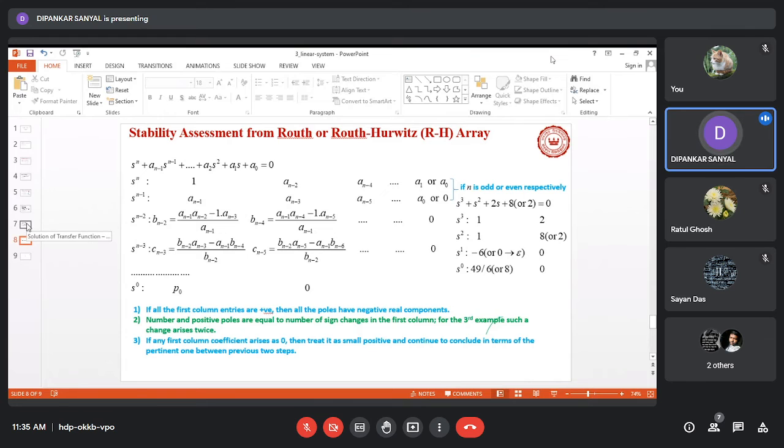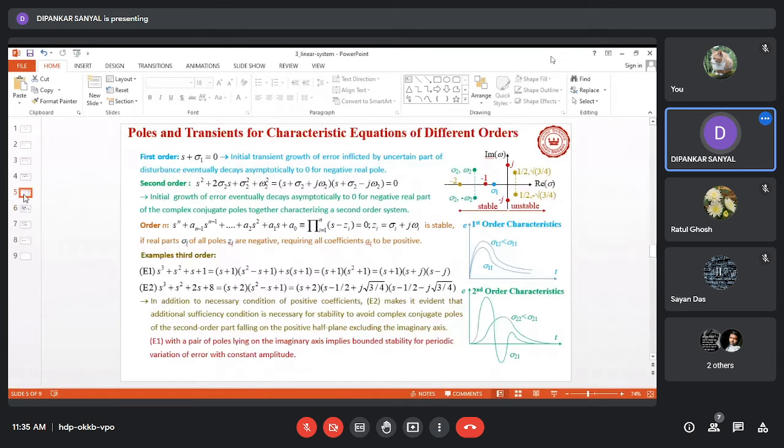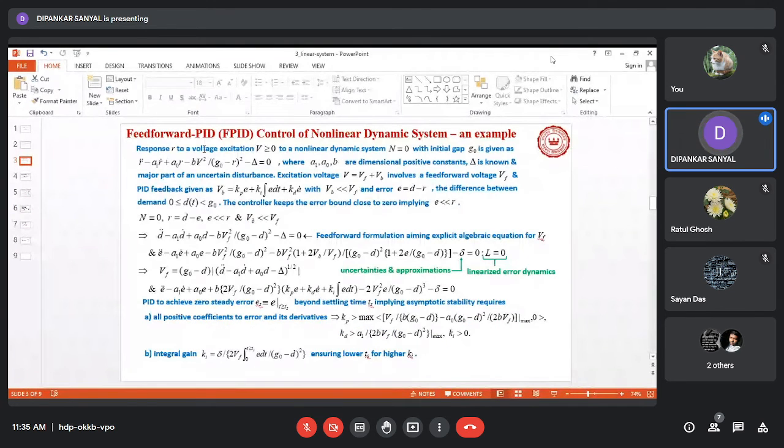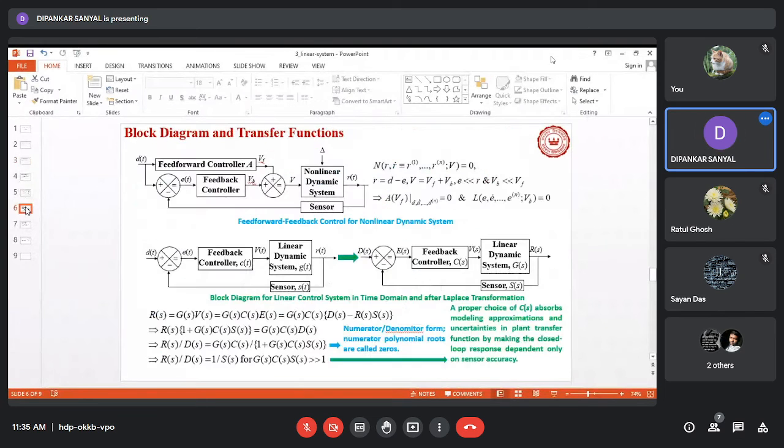Now, before ending the lecture today, corresponding to this example, we are just showing a generalization: if we have a nonlinear system, then the demand is put into a feed-forward controller that gives us the estimate of the feed-forward voltage, and that same demand is transferred into another controller block corresponding to the feedback controller,